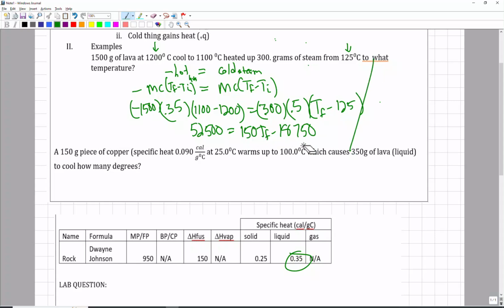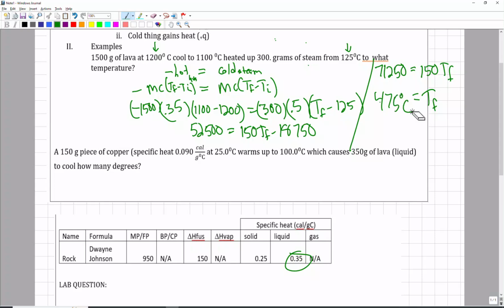So now I'm going to move my 18,750 to the other side. So 52,500 plus 18,750 is 71,250. 71,250 equals 150 T sub F. So then for T sub F, I'm going to divide both sides by 150, and I'm praying for a temperature bigger than 125. 71,250 divided by 150 is 475